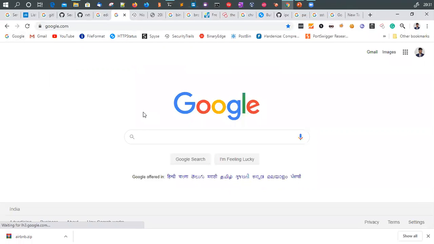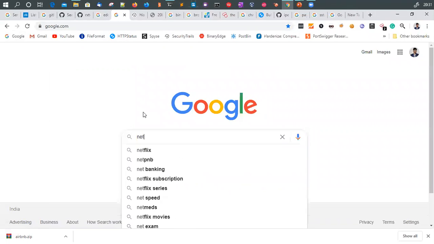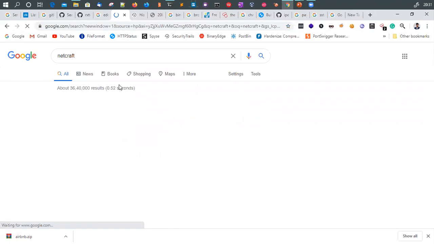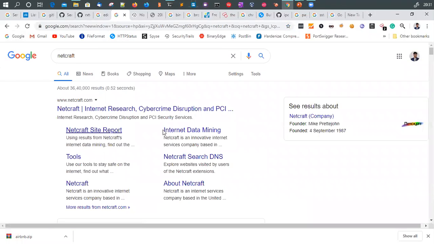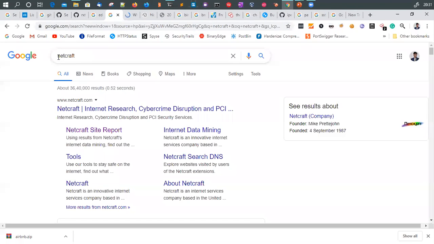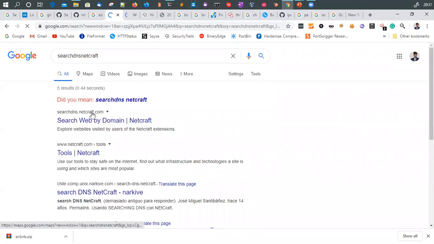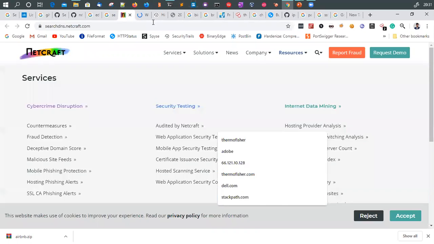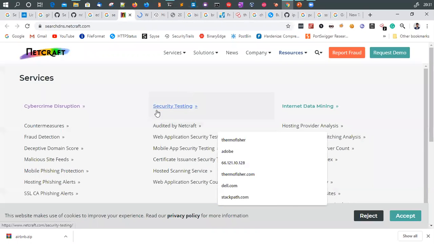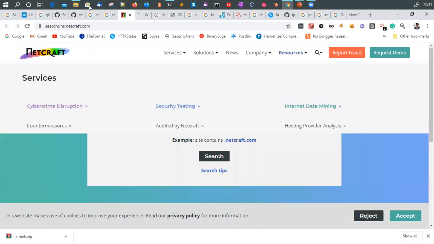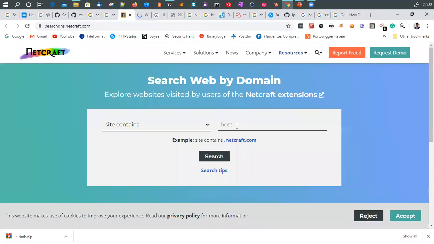Then there is a website called Netcraft, and there you can go and check the website. This particular one, I guess, is searchdns.netcraft.com. They tell you pretty good stuff about the backend technologies in use. So, for example, I just want to see for